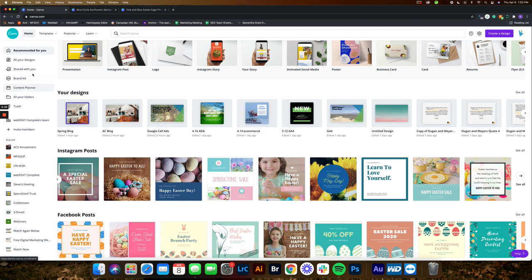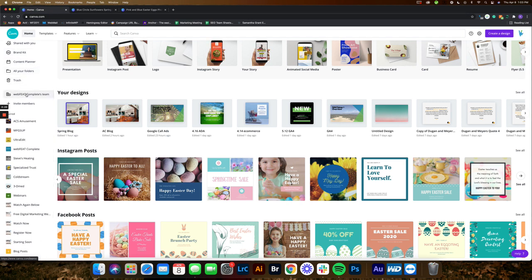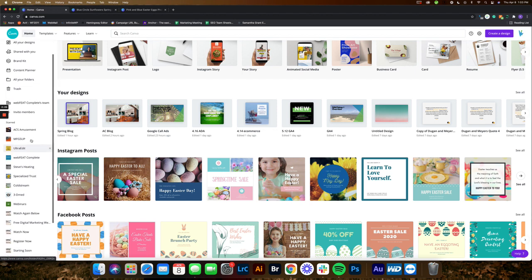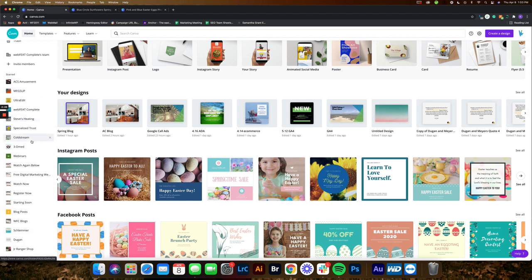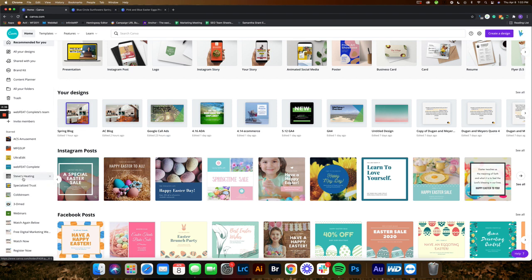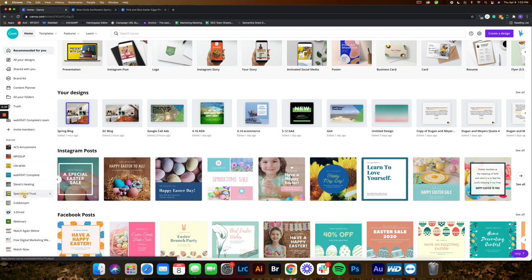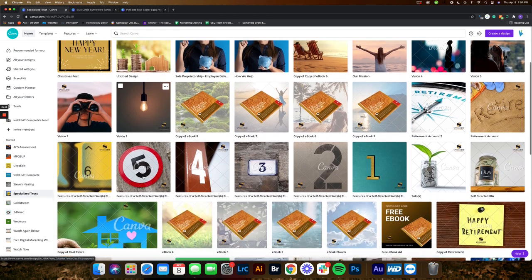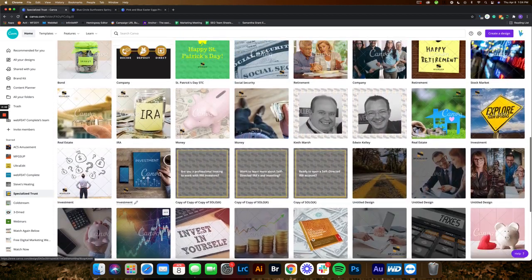And then down here, you have all of the designs, all the templates, things that are shared with you. The brand kit, we'll go over that in another video, but that's where we store all of the information about our specific brand. There's a content planner, all your folders, and then things you've deleted. And then down here are different things that we do for different clients, like here's where I put all the webinar stuff when we were doing lots of webinars. Here's the Web Be Complete, so you can navigate through there, see in Specialized Trust. Here's all of the posts that Justin makes for Specialized Trust,